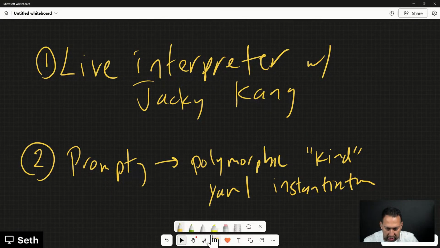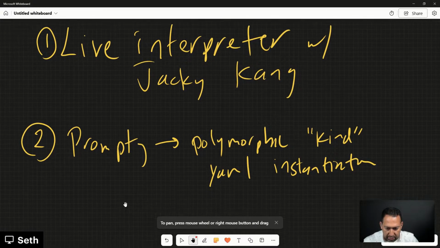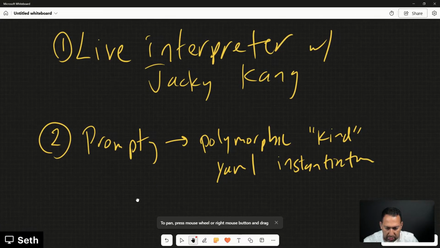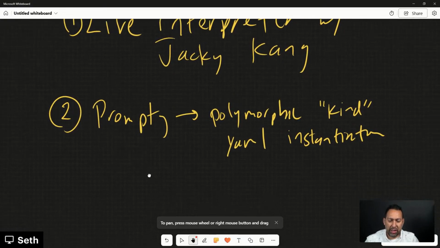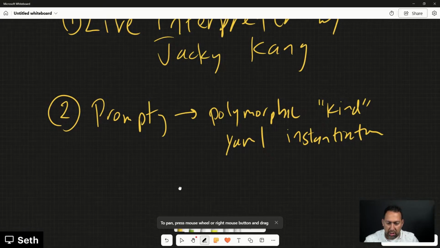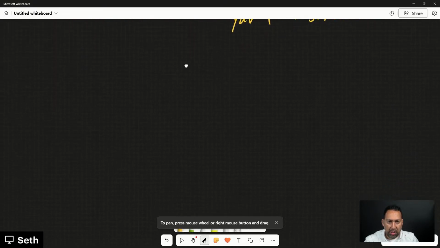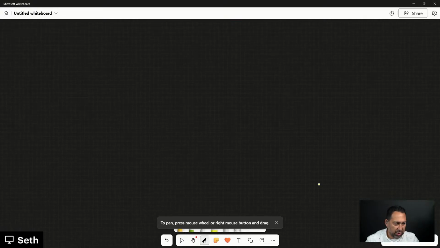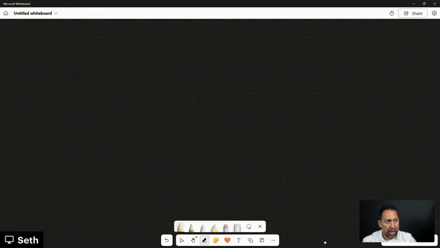Let me turn this on again. To pan, press mouse wheel or right mouse button. Oh, there we go. Right mouse button. Nice. Okay, cool. So I can just use the right mouse button. So we talked about, and I'll briefly go over this because this is what Prompty is supposed to be sorting out. Let me get this out here. There we go. Okay. So to Richard's point, the way I think about tool calling,